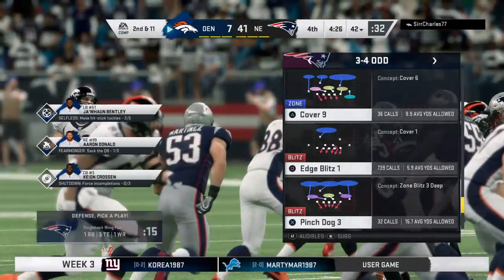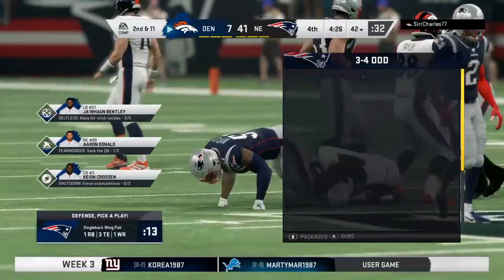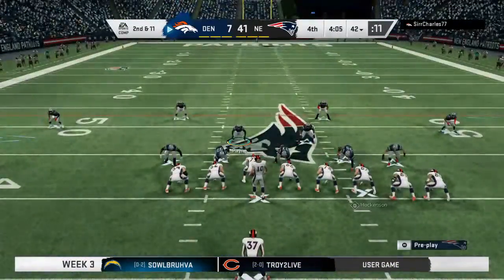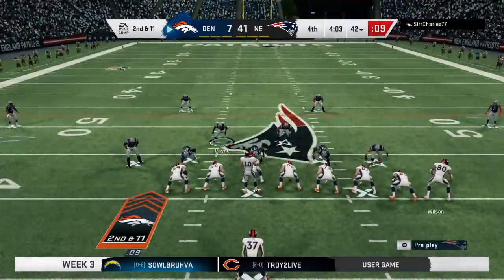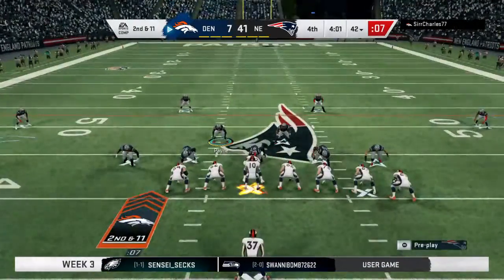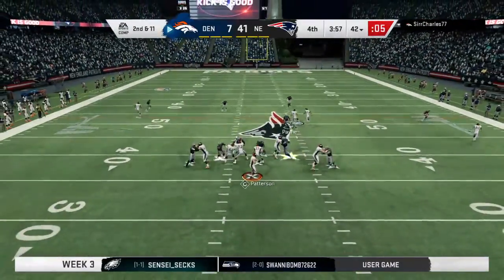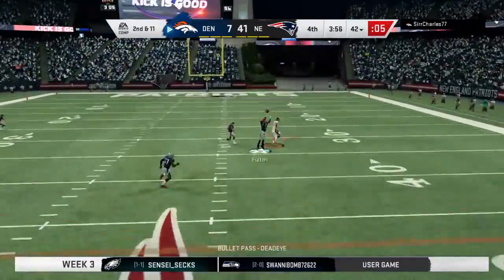Seems pretty obvious defensively a key was stopping the run game. How have they done it so successfully? To me, it seems that these guys really did a nice job of paying attention during the scouting report meeting. And you know, Brandon, when they do those, they talk about the top plays that these guys like to run. The best runs for the top running back, those are the ones you...